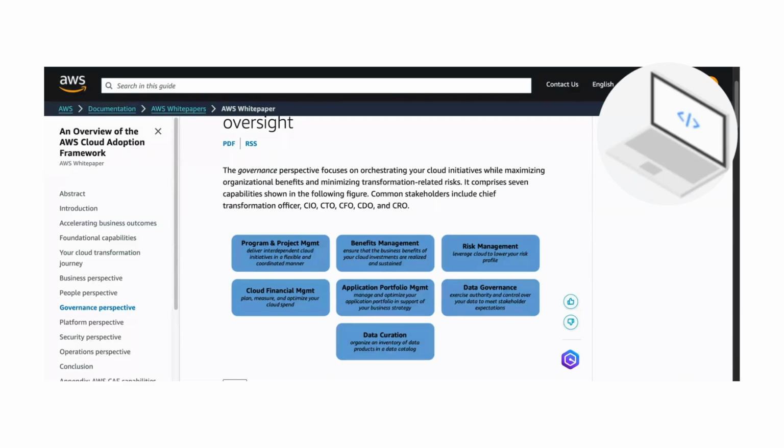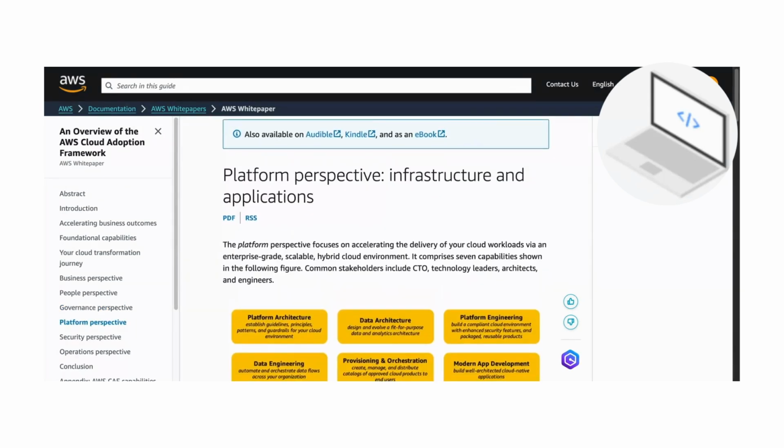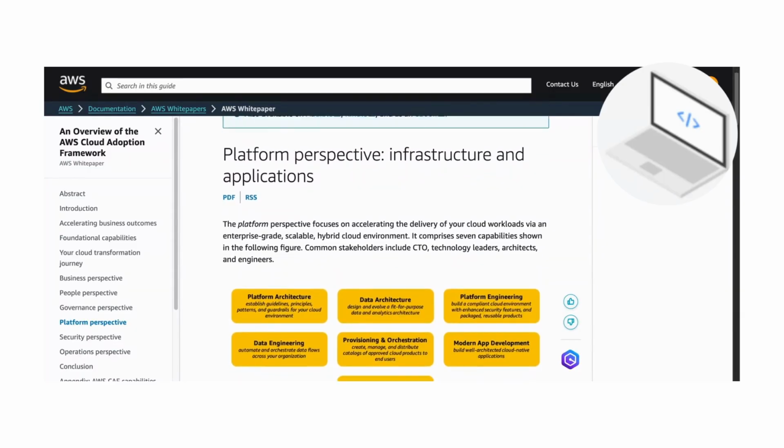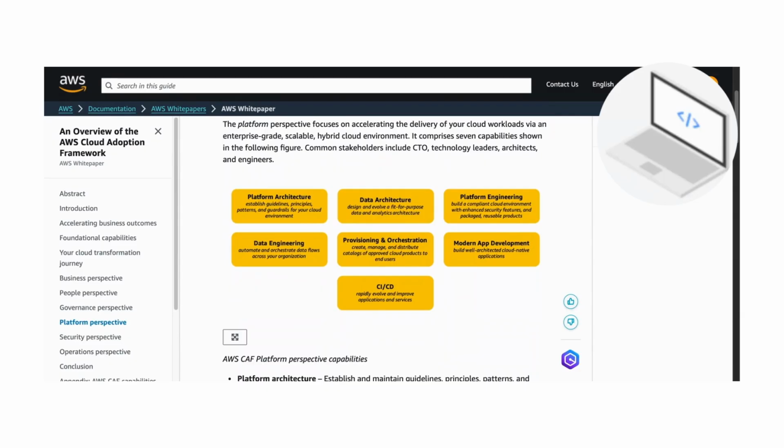In summary, the governance perspective provides a structured approach to managing your cloud transformation. It helps ensure that your cloud initiatives not only align with your business goals, but also deliver sustainable value while managing risks effectively. Next, the platform perspective in the AWS Cloud Adoption Framework is all about speeding up the delivery